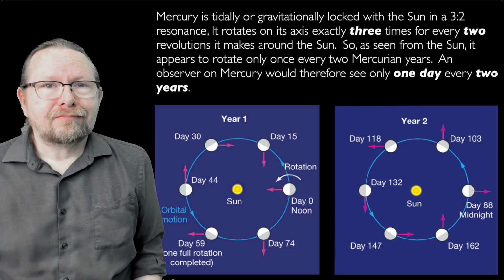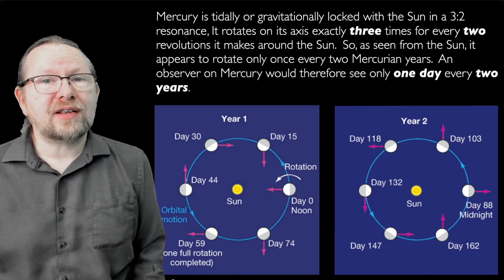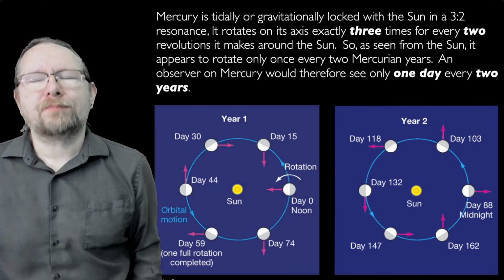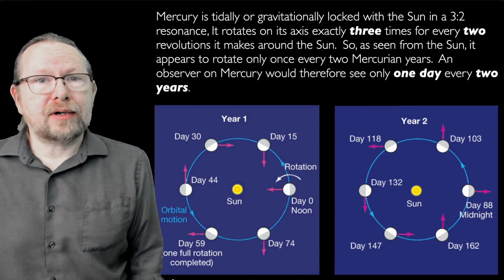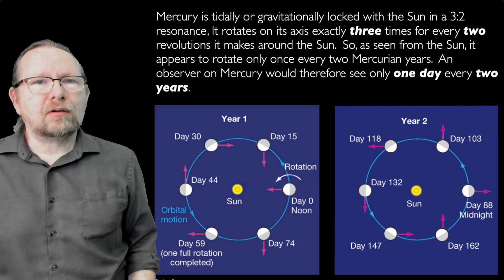The reason this happens to Mercury and not to Venus, Earth, and Mars is because Mercury is very, very close to the sun. The tidal force that it experiences due to the sun stretching one side of it is much greater than experienced by any other planet. This tidal locking